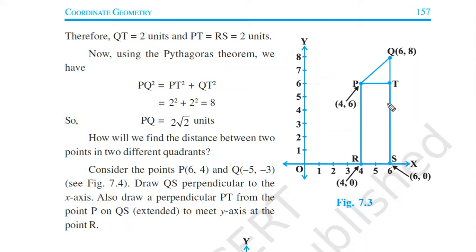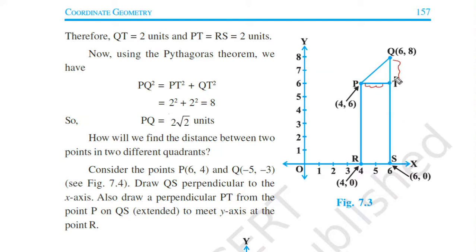Now in this figure, we have to find the length. First, here we can clearly see triangle PQT. This triangle is a right angle triangle. Now if we can identify the length of PT and the length of QT, then we can clearly find the length of PQ. Because it is a right angle triangle, we will use the Pythagoras theorem, that is H square equal to P square plus B square. Then very easily we can find the length of PQ. So for that, first we will need the length of PT and QT.